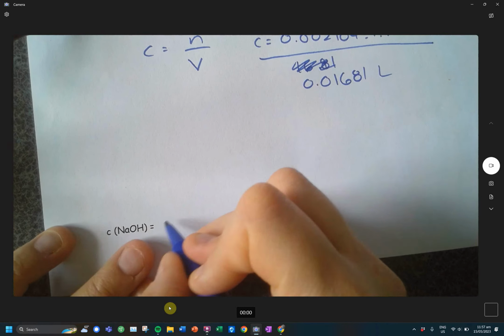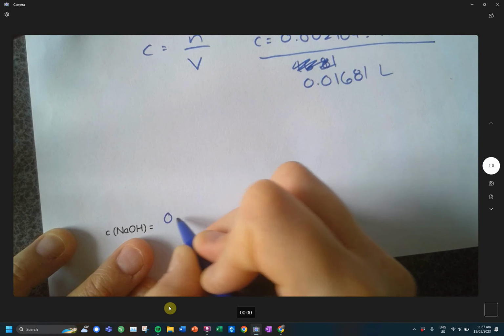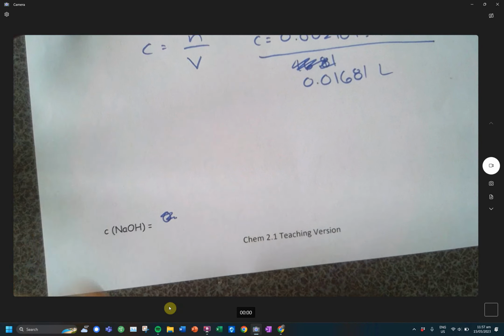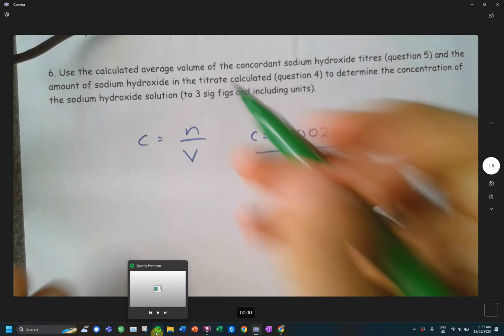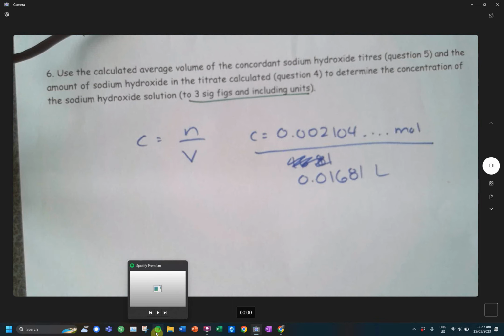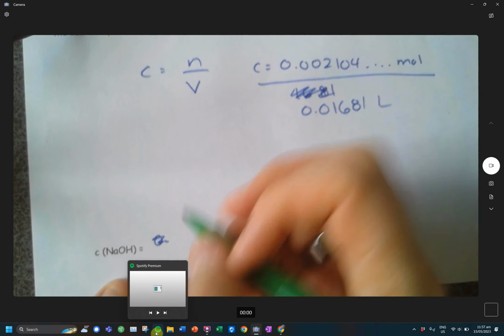So N equals 0. Oh, let me do it to the excellence level. So again, this one you have it pop up again. 3 significant figures, including units. So the last 2 questions that require it. So that would be